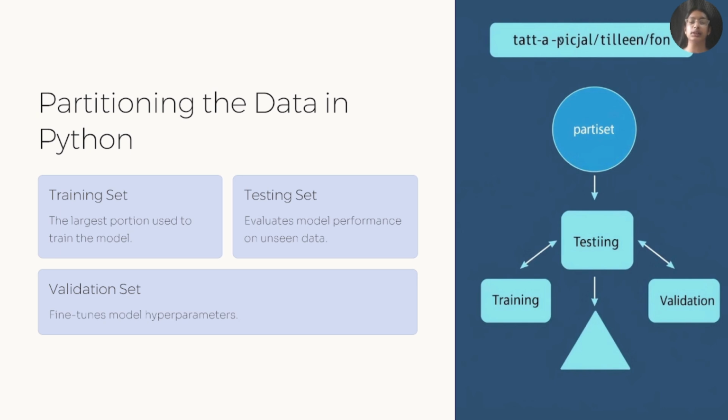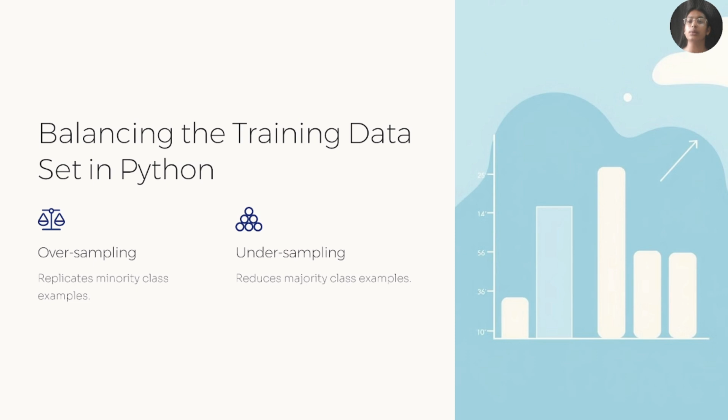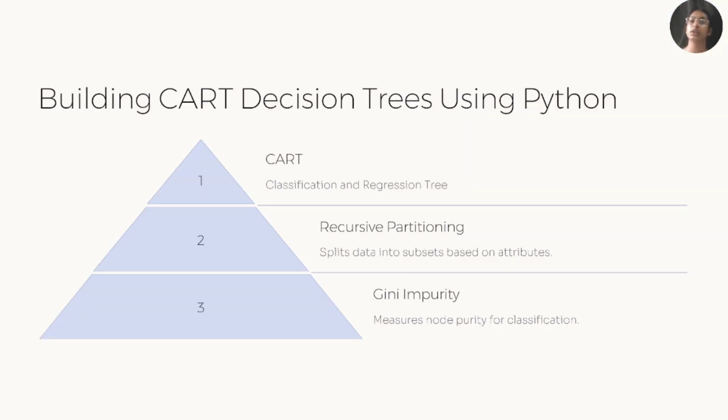We are going to continue with training and testing sets. Now, balancing the training dataset in Python: oversampling replicates minority class examples, and undersampling reduces majority class examples. Both can be happening. Then we can build CART decision trees using Python. But before we do that, let's have a look at the code